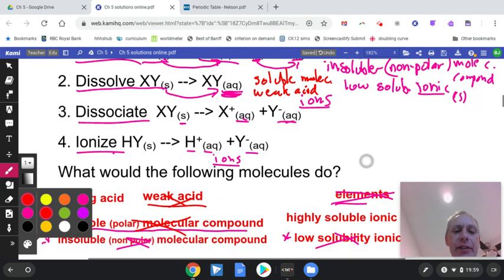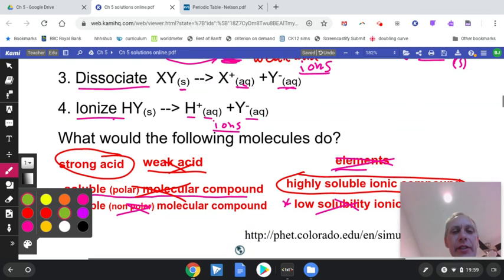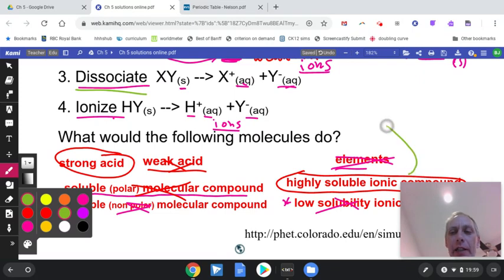Okay, the last 2, and there's only 2 groups left, a strong acid and a highly soluble ionic compound. So which one dissociates? I hope you all get that one right. Highly soluble ionic compounds dissociate, and strong acids ionize greater than 50%. So that's the 7 rules that you must